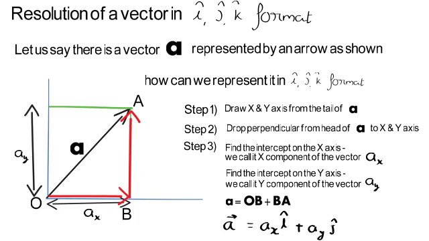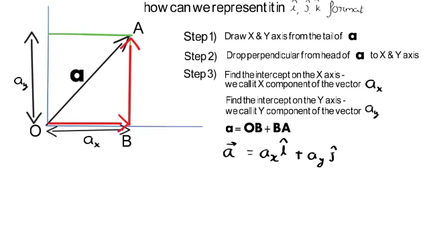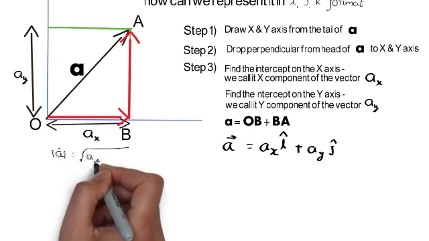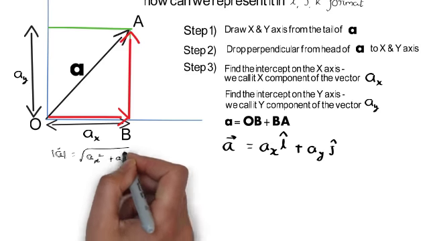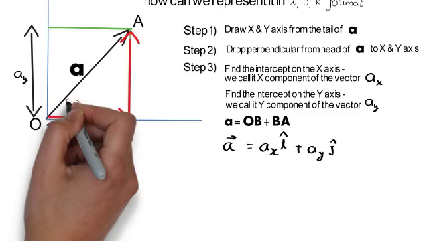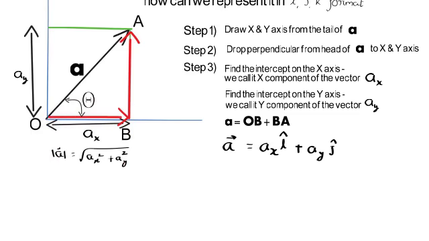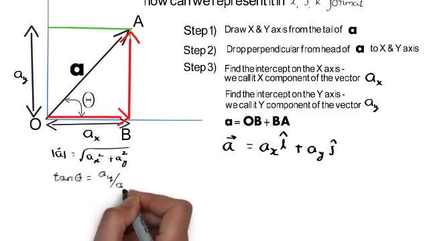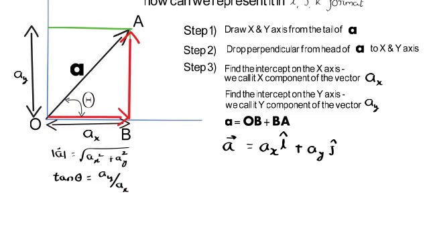The magnitude of A can be very easily found from the Pythagoras theorem. The modulus of vector A will be equal to the square root of AX squared plus AY squared, and the direction the vector A makes with the x-axis is also very easy for us to find. Let us say this angle is theta. So in this triangle, tan theta will be equal to AY upon AX,